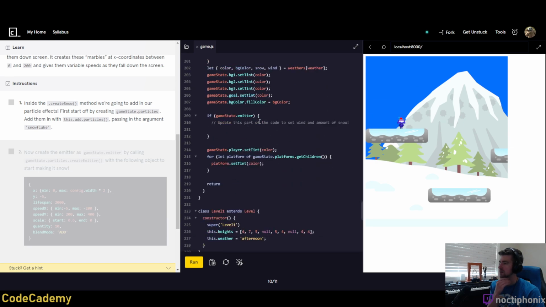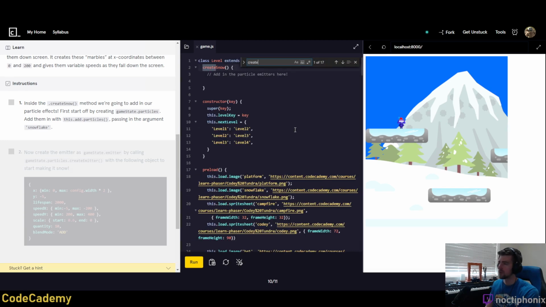I see a GameState.emitter. Is there a create snow? Oh, it's right there. Oh, it's at the very top. Okay, the create snow method. This is before the constructor. Hold on, what's going on here? Why is that before the constructor? Constructor always goes first. The super always has to go first. Anyway, don't question it. Okay, so first off, I created the GameState.particles